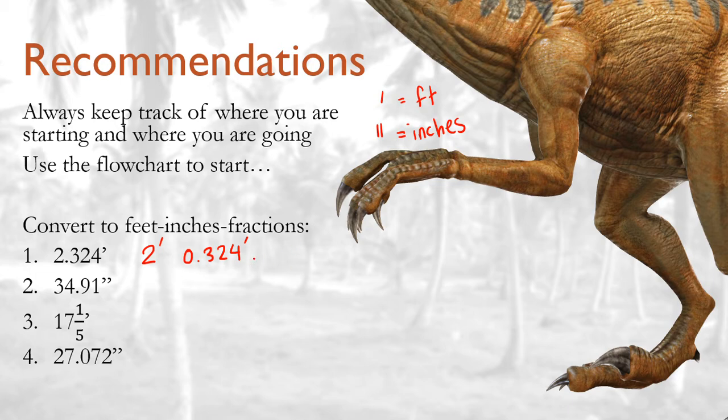So I'm going to take the 0.324 and I'm going to multiply it by 12 to make inches. And that should give me 3.888 inches. So now I have 2 feet, 3 inches, and this other decimal piece, 0.888 inches, which I want to make into sixteenths. So I'm going to multiply that by 16, and that's going to give me 14.208